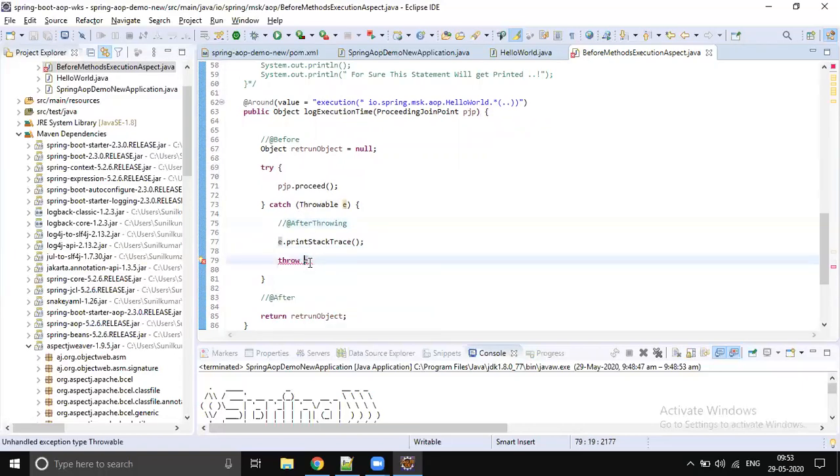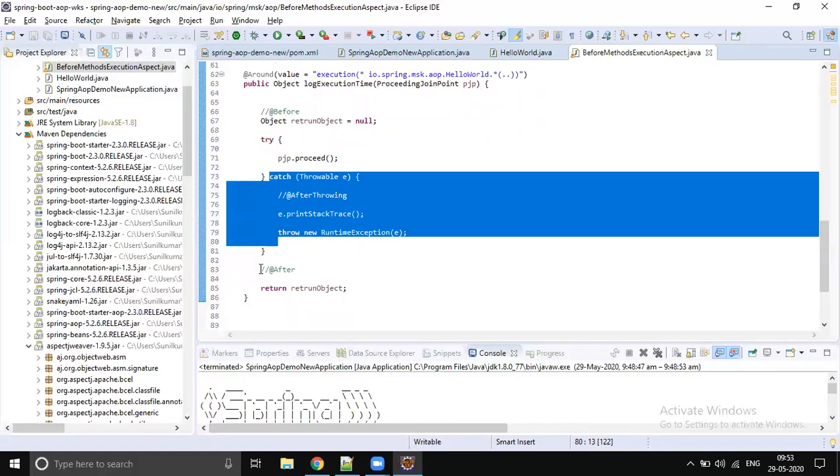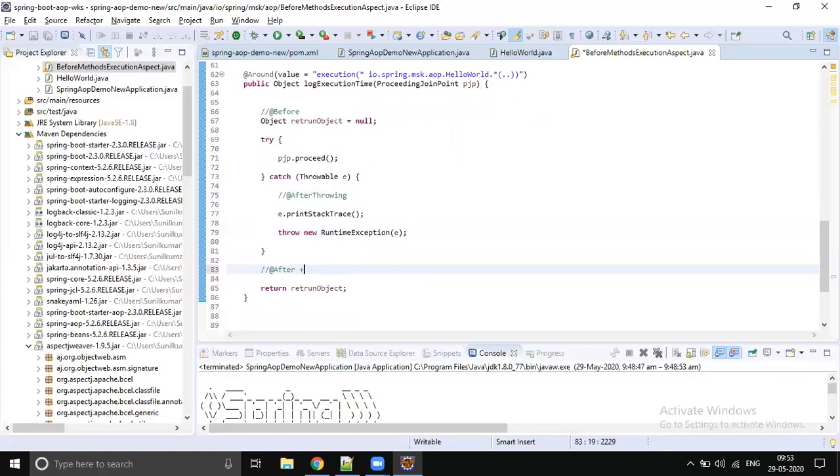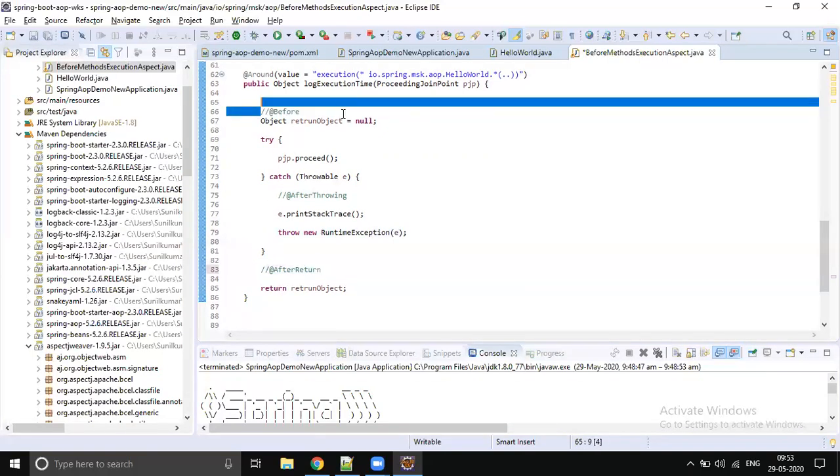Let's convert this into a new RuntimeException. This catch block is the after throwing, and whatever you return here is the after returning. And this is your before.